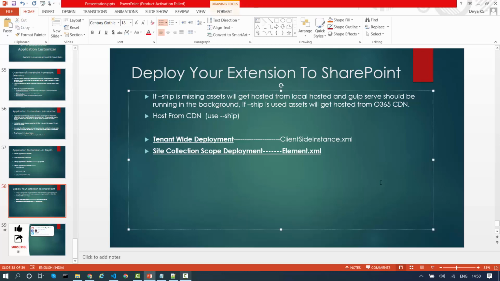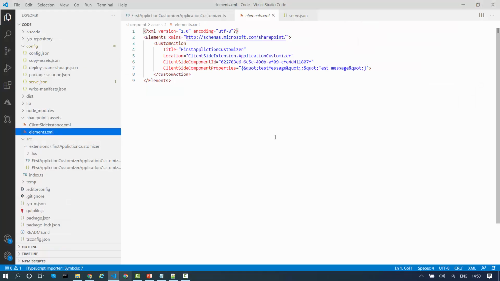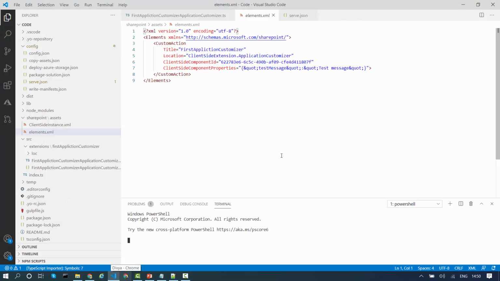So these are the two files. In short, these are the concepts: hosting your assets from the localhost, hosting your assets from the Office 365 CDN, tenant wide deployment, and site collection scope deployment. So let's start the hands-on one by one. Now what I will do, this is my extension.